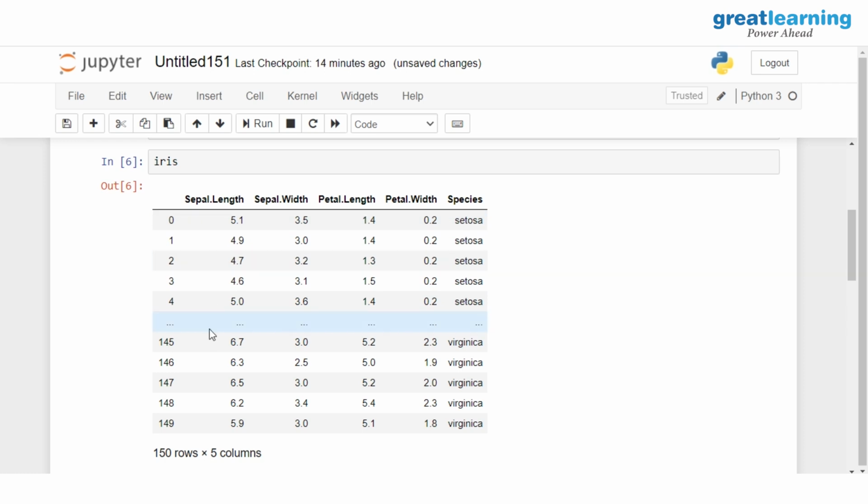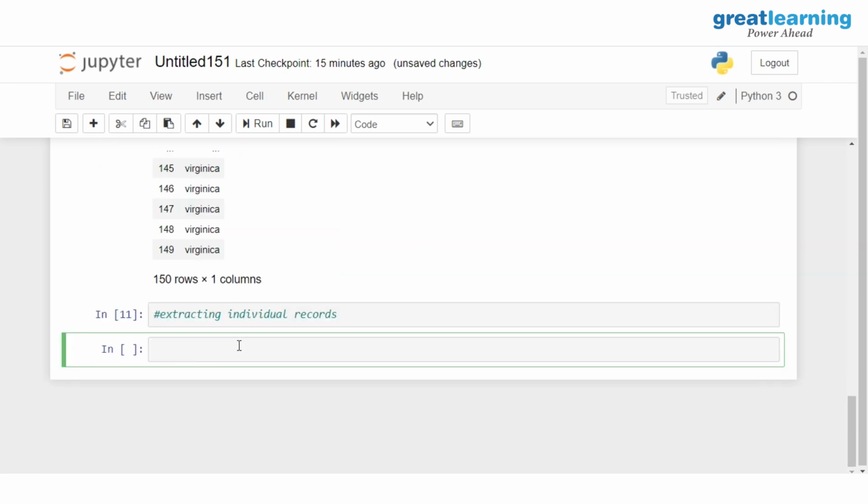So if you look at this particular column, you see that you have a lot of different values. But out of all of these values, if I wanted only those records where the value of sepal length is greater than 6, I'll show you how it can be done. So first, again give the name of the data frame, inside the parentheses give the name of the column. So here I'll give the name of the column which is sepal length, then I'll give the condition. So iris sepal length has to be greater than 6.